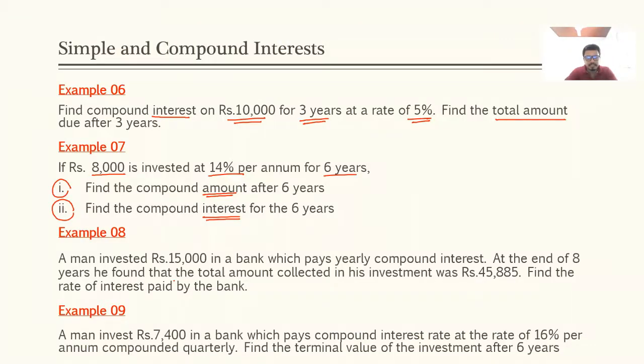Example number 8. You do this one. Example number 8. A man invested 15,000 in a bank which pays yearly compound interest. It is paying annually. At the end of 8 years, he found that the total amount collected in his investment was